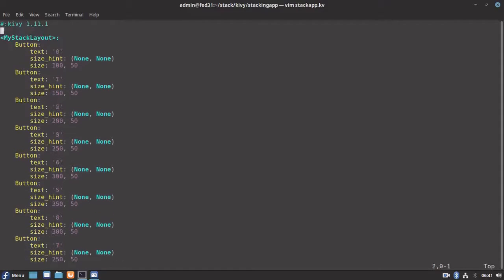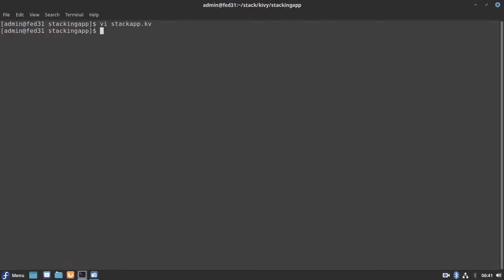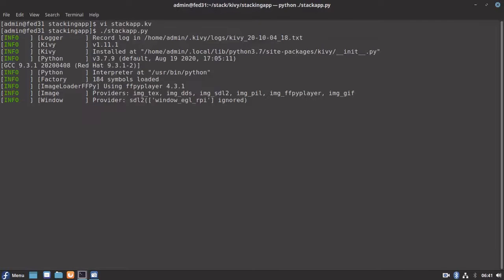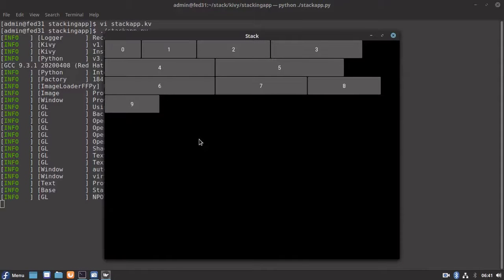Okay, so we have copied it for all of our 9 buttons. Let me save this and try to run it. You can see all our 9 buttons have been stacked from left to right and top to bottom.